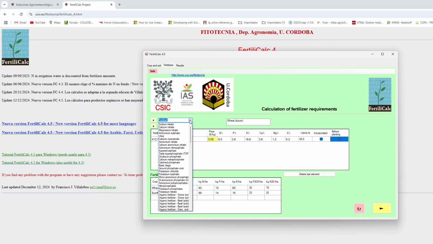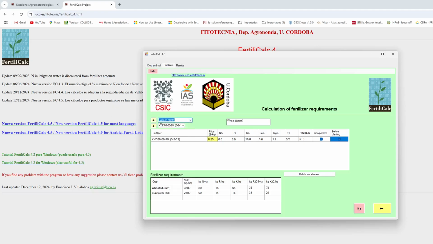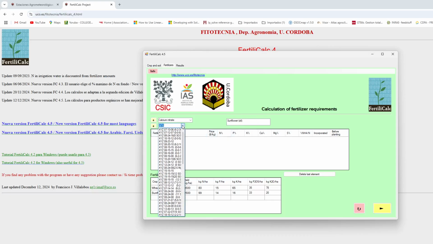Then we will need to complement with some straight nitrogen fertilizer. For instance, let's select calcium nitrate. We click on plus, and this is not incorporated and not applied before planting. This will be applied after planting. We click on proceed, and now for sunflower we open the NPK, and the best suited would be